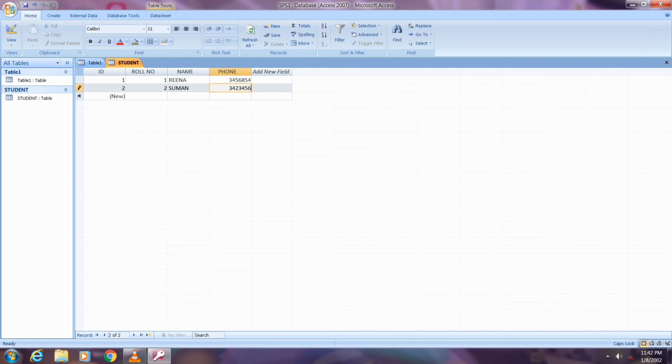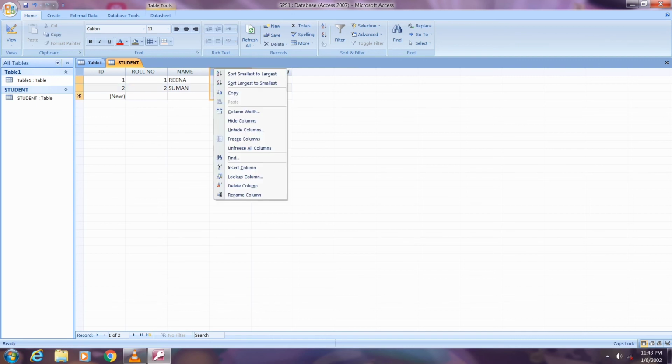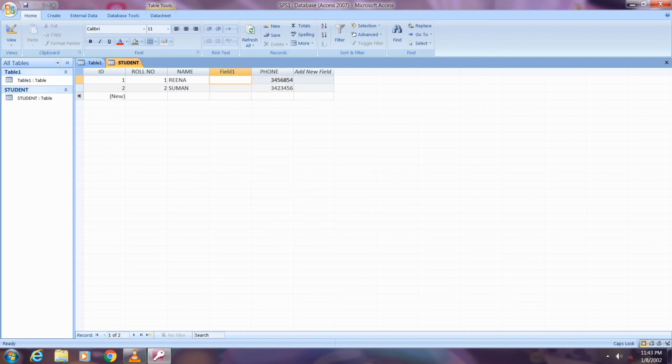You can add a new field by just clicking on the place where you want to enter a new column. Like if you want to add a new column before the phone number, then right click here and then click on insert column. Now you can see here this is Field 1.